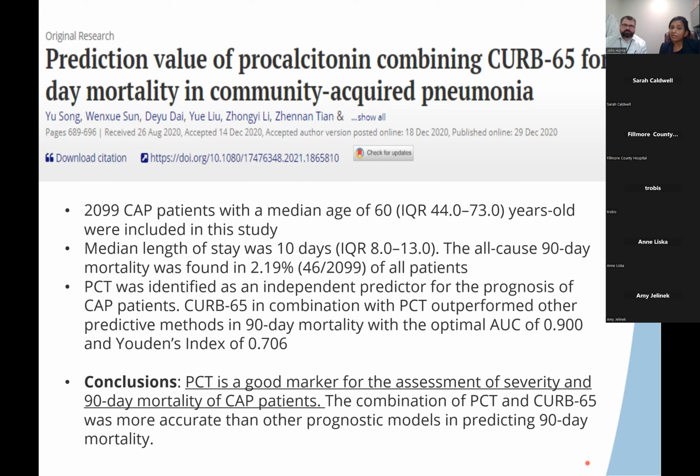Procalcitonin was identified as an independent predictor for prognosis of community-acquired pneumonia. CURB-65 in combination with PCT outperformed other predictive models at 90 days. So what they found is that procalcitonin is a good marker for assessment of severity and 90-day mortality of community-acquired pneumonia patients. The combination of procalcitonin and CURB-65 was more accurate than other prognostic models in predicting